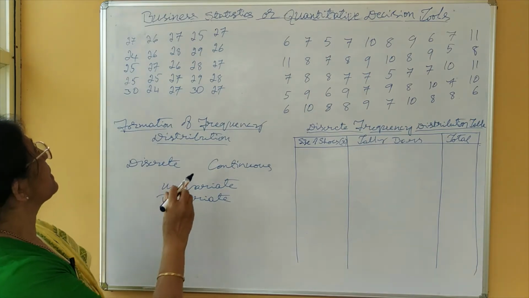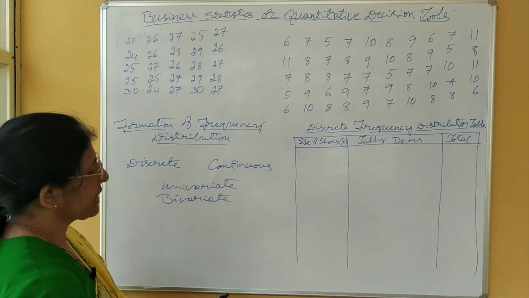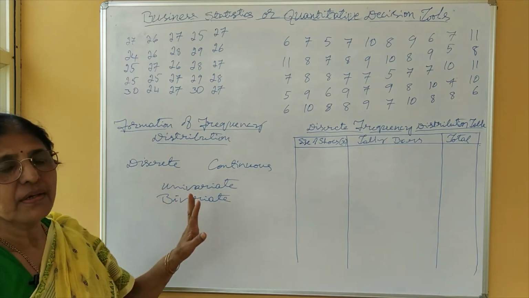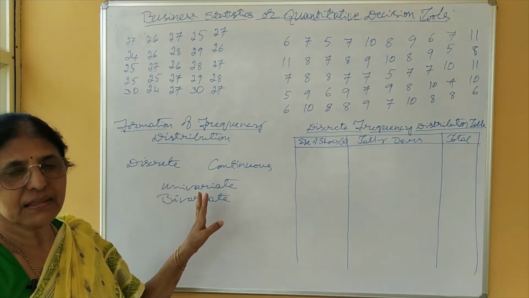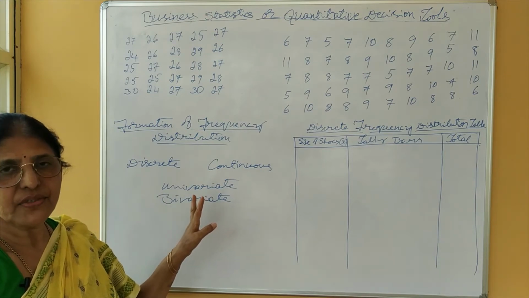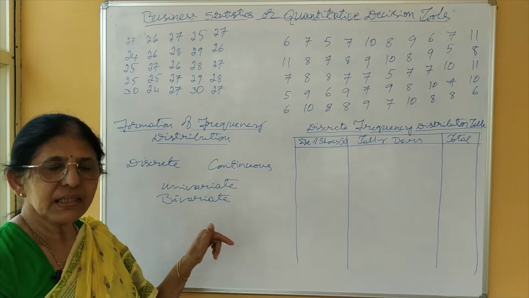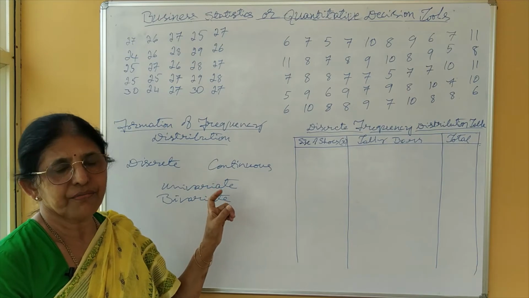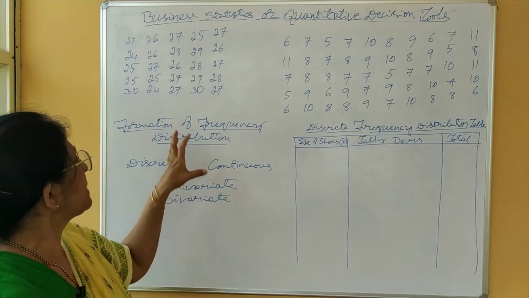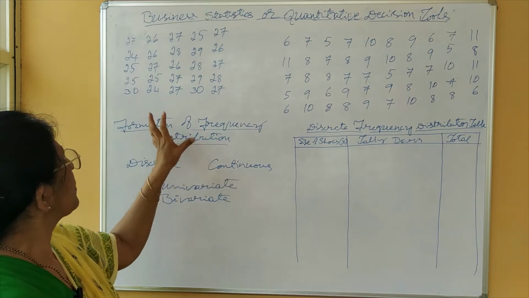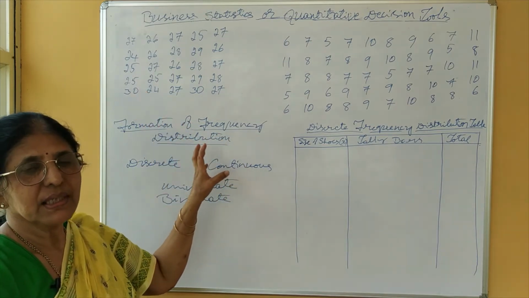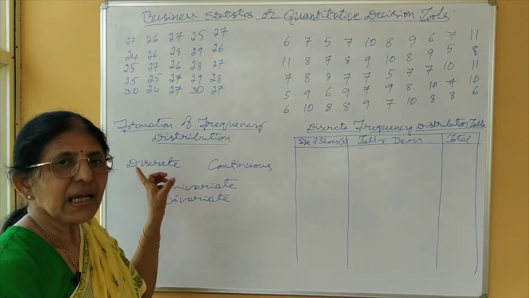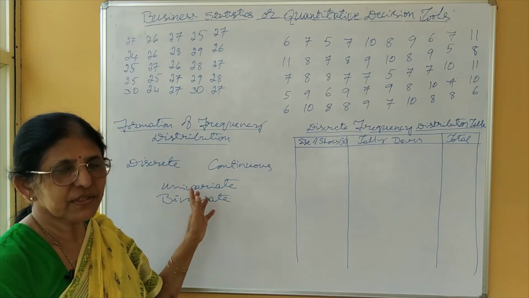That's all. Now, when you come to formation of discrete frequency distribution table, in that case we do not have any class intervals with a specific range of data events. Instead of that, we will have the specific exact value of data event. Means here we do not put the variables into classes. Instead, we are going to put the variables in exact value and corresponding frequencies will be there.